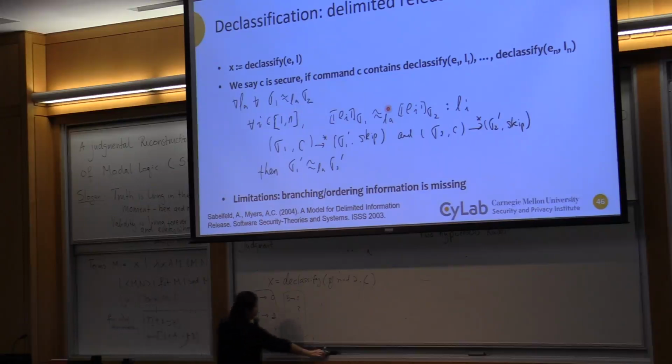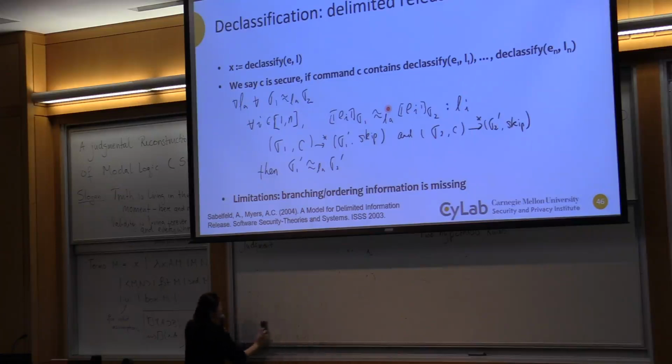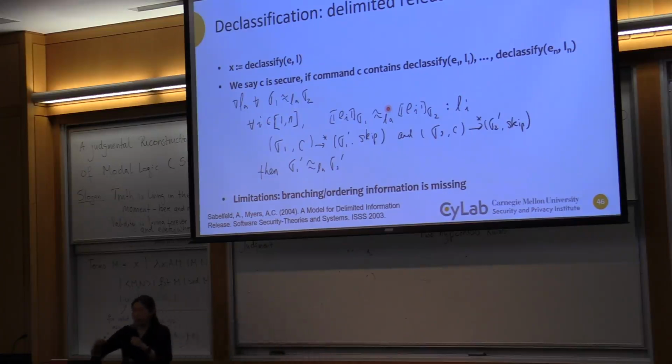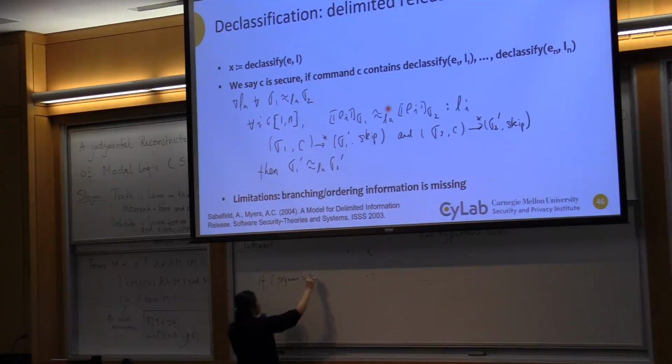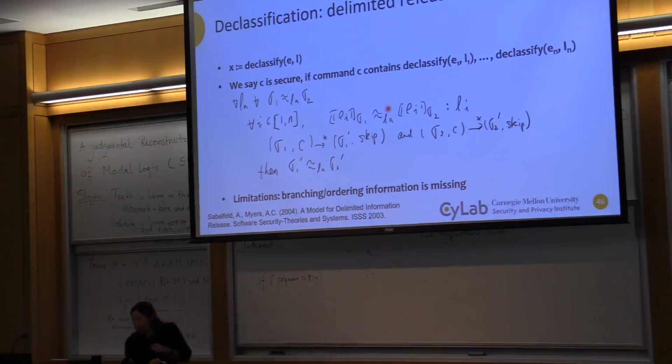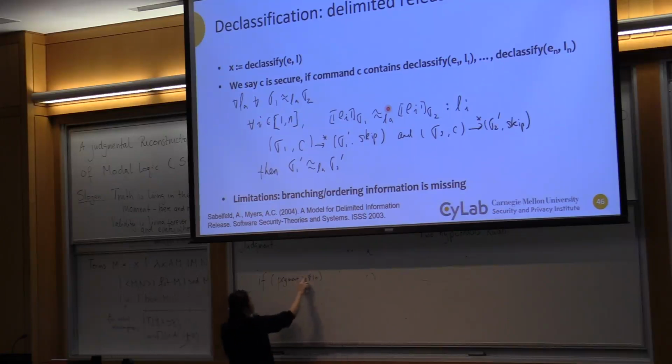So I can write some program. Let me write this up, I don't have much real estate. This is like a simple example. It's half, so it's easier. That's the example I have, so I don't have to think about it. Okay, I'm going to have two programs. So the first one is saying, let's say that I'm asking for some payment, right? If this payment is, let's say, less than 10, what I'll do is